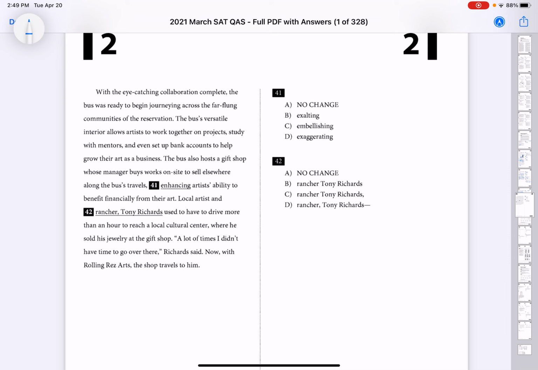Okay, so this one is basically saying it provides a service, it makes it better, it provides something that can make the artist's life better. It should be "enhancing the artists' ability to benefit financially from the art." Local artists and rancher Tony Richards. Okay, so this is a rule, guys. The answer for number 42